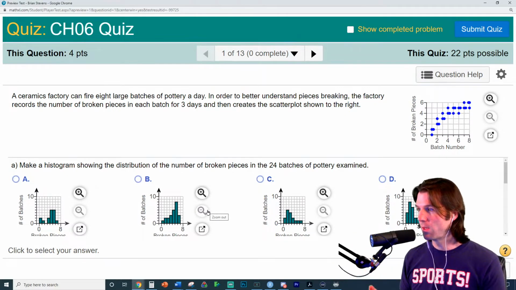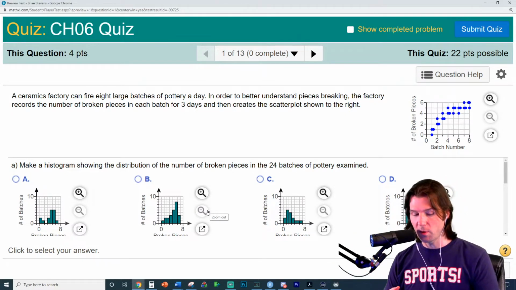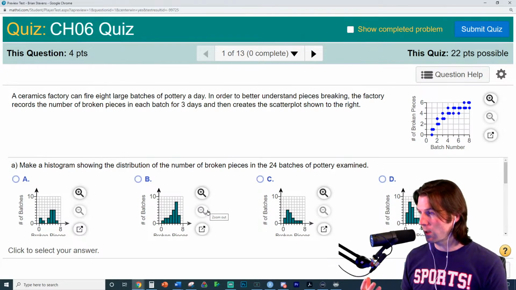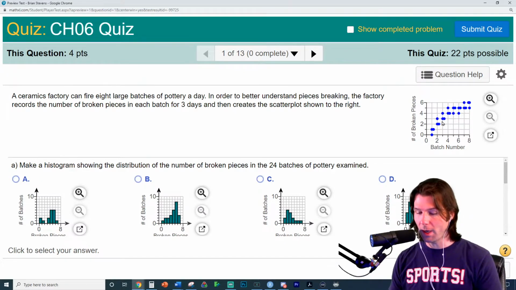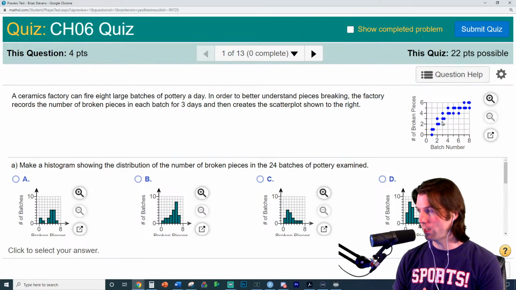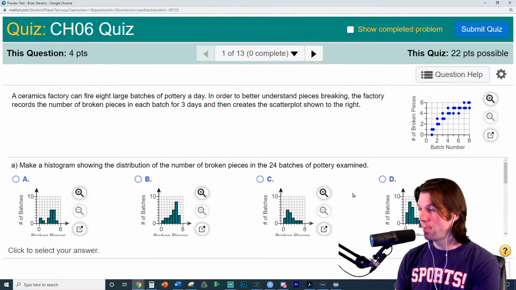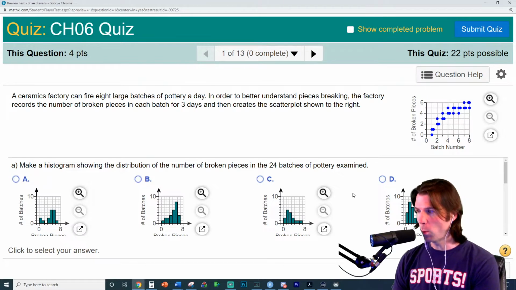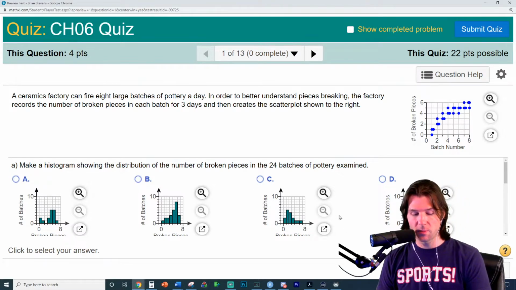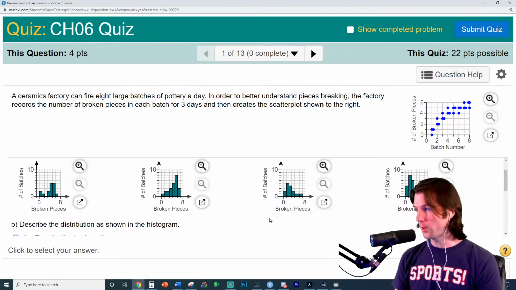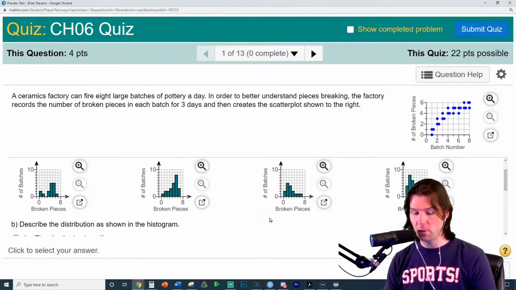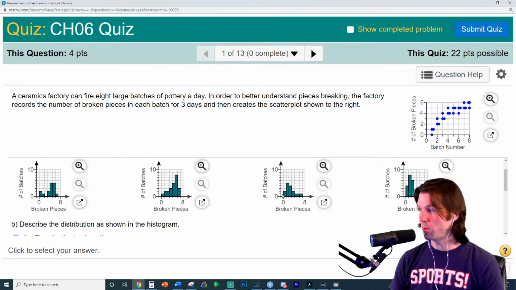That might be the right answer. So when you look at this right here, the number of broken pieces is a univariate display. So we have a bivariate display scatter plot, quantitative, and here we have a histogram, or which histogram is the right answer, and this is a univariate display. It's one quantitative variable. And what are they displaying here? They're displaying the number of broken pieces. And although there are 2 axes right here, it's still just the number of broken pieces.